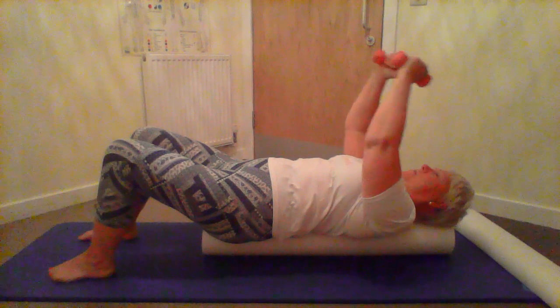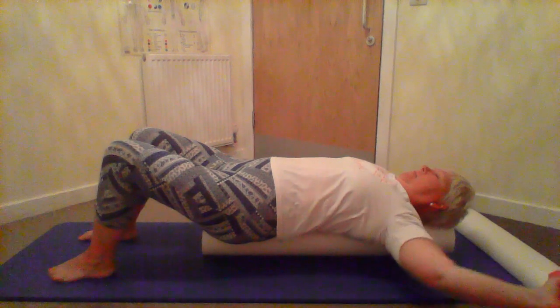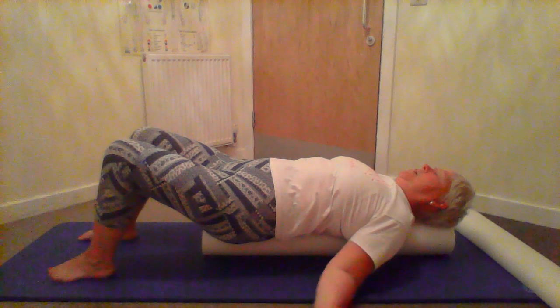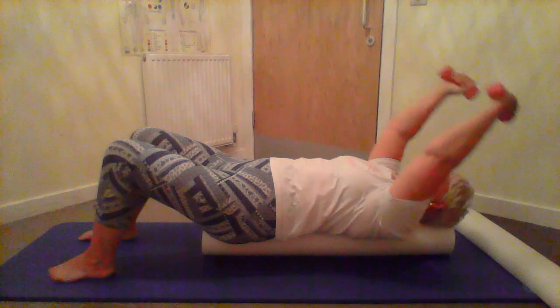Excellent. Let's do some circles. So the arms are going to go over the head. Circle all the way around. Tempting to arch your spine, but try not to. And then come back up and